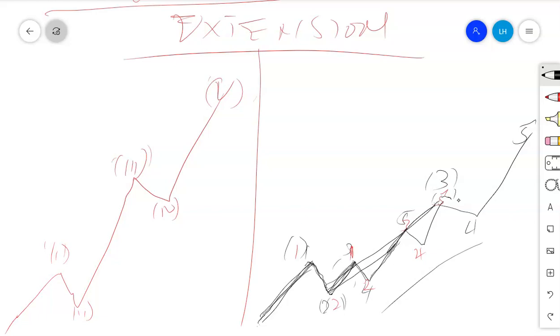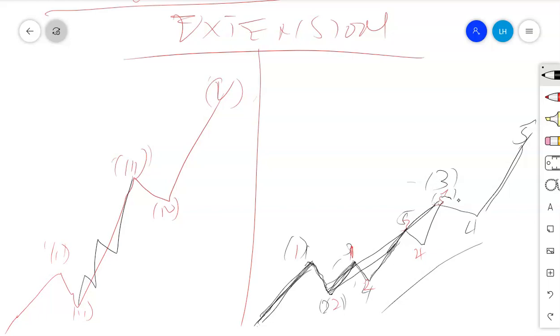If wave number 3 is extended, therefore the distance traveled by wave number 1 and the distance traveled by wave number 5, usually we expect it to be equal. So to identify the extension, you will find that, for example, this one is demonstrated in wave number 3. Here we will have wave number 2, then number 3 will start with 1, 2, 3, 4, finally 5 to the top. Now this is what we call the extension of the third wave, and also it can be found within the first wave, and also within the fifth wave.